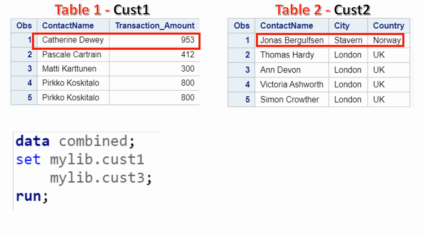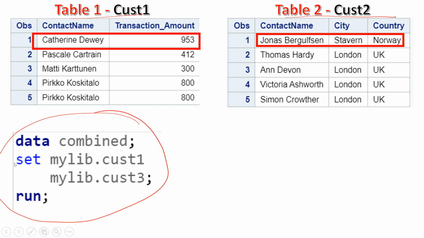Let's look at the second thing. Here you have the first table as it is, the second table as it is, the first observation in the first table as Catherine, and the first observation in the second table as Jonas. Now the only thing you need to do is use this kind of syntax. What is the difference? This time we are using only one set statement, with both tables, but only one semicolon.